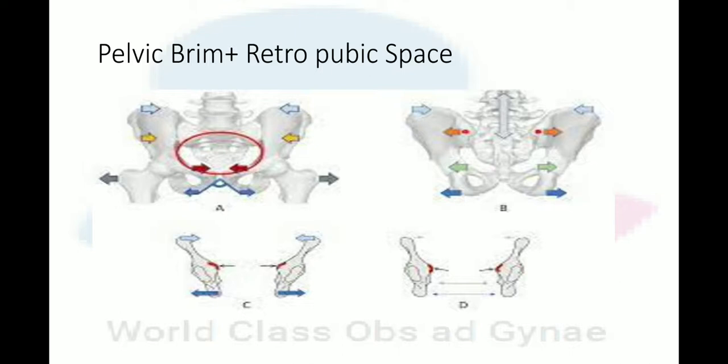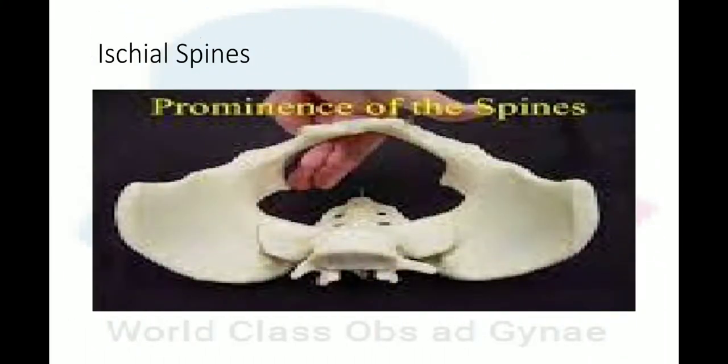Now I will pass the fingers downward from the brim along the pelvic side walls to determine whether the side walls are straight, convergent or divergent, starting from the pelvic brim down to the ischial spine. Next come the ischial spines. I will palpate the ischial spines; they can be located by following the sacrospinous ligament to its lateral end. I will note whether the ischial spines are blunt, that is difficult to identify, prominent, that is easy to feel but not large, or very prominent, that is large and protruding in the mid cavity plane.